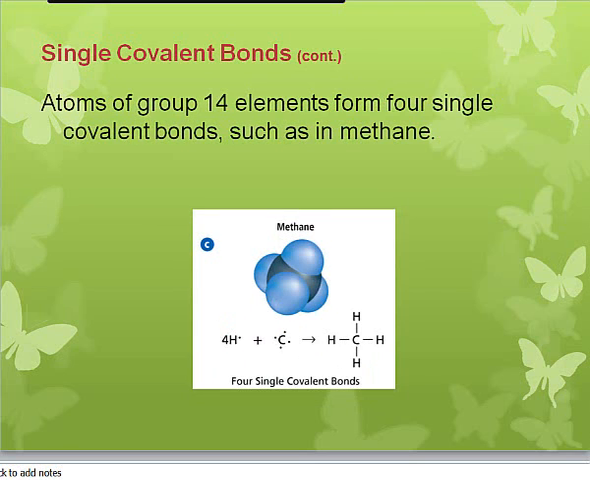Single covalent, sharing. Atoms of group 14 elements form 4 single covalent bonds, such as methane. Look at the picture of carbon. You have the Lewis structure here. It has 4 dots around carbon, and it sure would like to have 4 more. Well, if 4 hydrogens come along, and each of the hydrogens shares with a carbon, then now we have 8